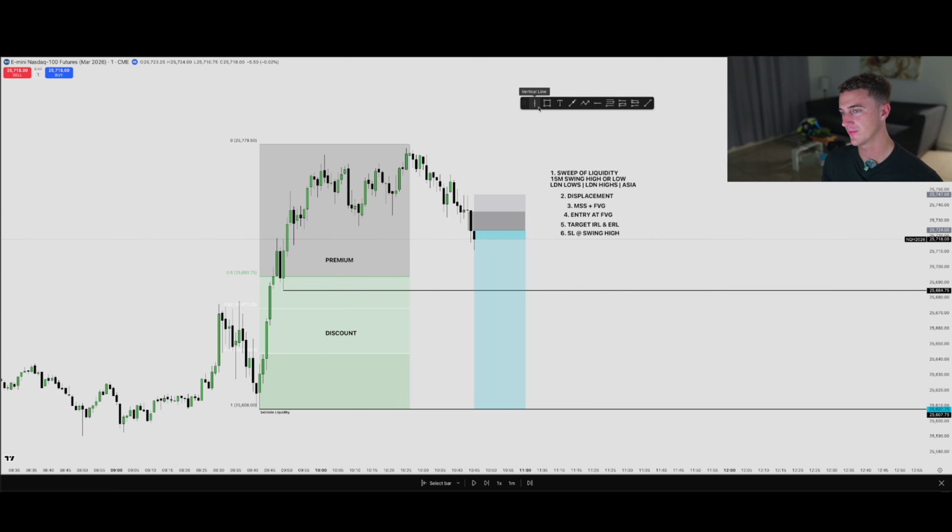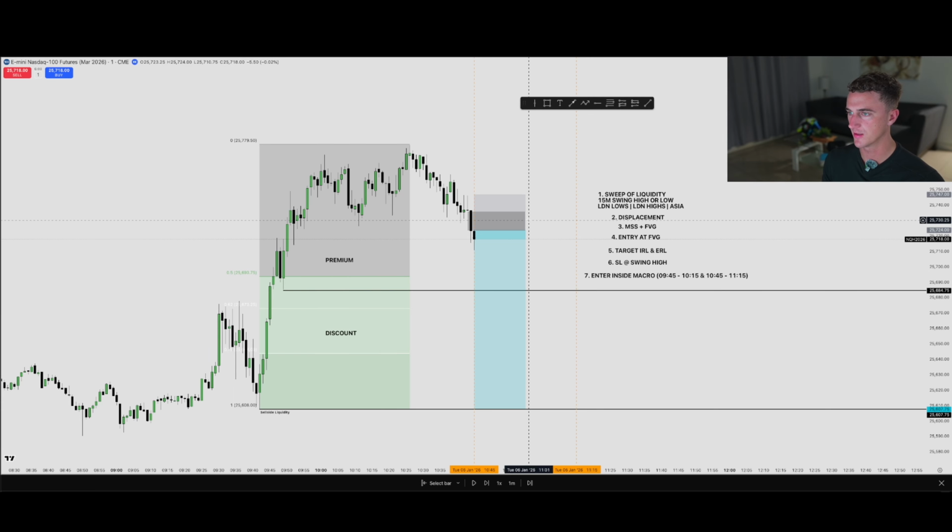Now, very, very important, okay? Pay attention, this one's very strict and you should always stick to this rule. Always enter inside of a 30-minute time interval macro, okay? So there's many macros. We have the 9:45 to 10:15 macro. This trade specifically was actually taken in the 10:45 to 11:15 macro. All right, so as you can see, I've drawn out a little